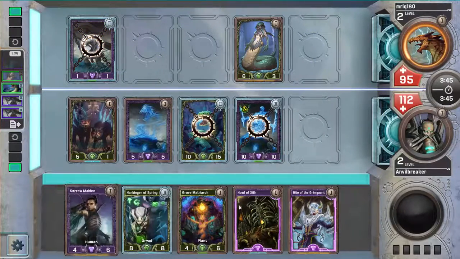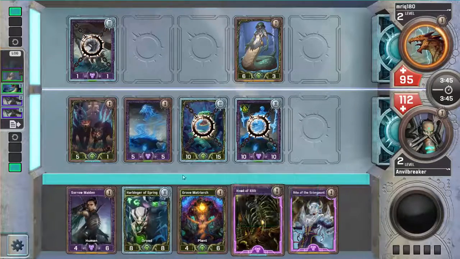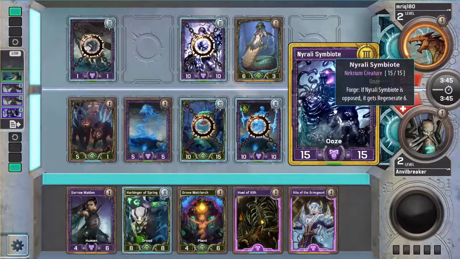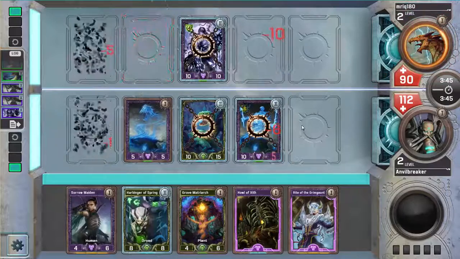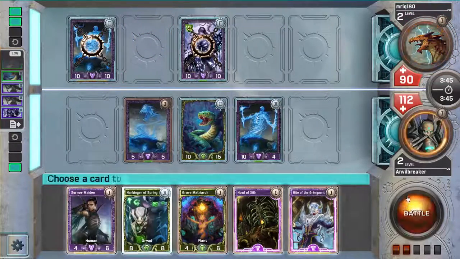So now I can play Grove Matriarch in front of his 10-10, which blocks it twice, reduces it down to a 10-5, and it pumps my Harbinger of Spring, because the token comes into play from not my hand. So this will be an 11-11. And he plays a Symbiote in front of my 10-15 just as a chump blocker. Solid. One thing I like about Shimmerfang Serpent is it absolutely slaughters whatever it attacks. Like, even if it doesn't kill it immediately, it'll just kill it eventually. There's no way around it, so